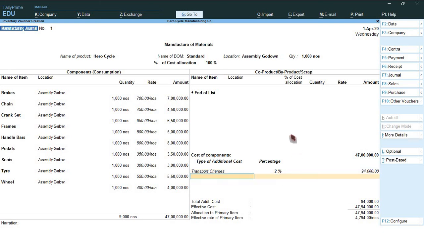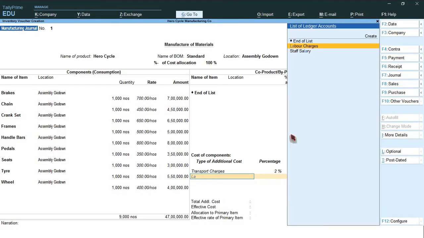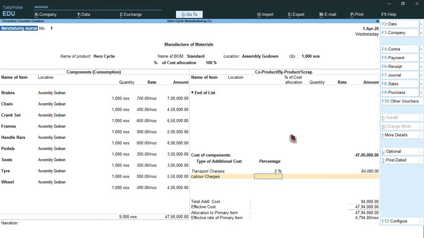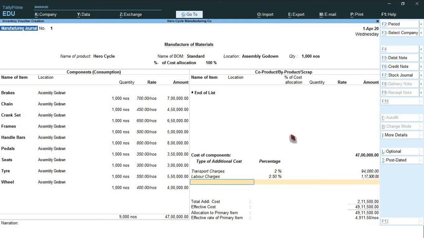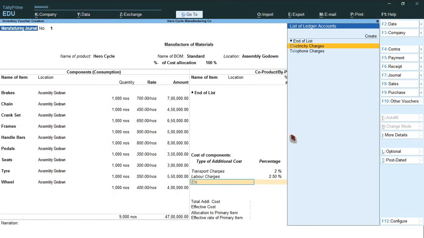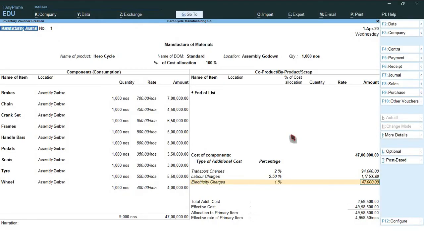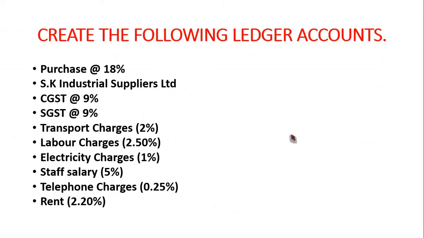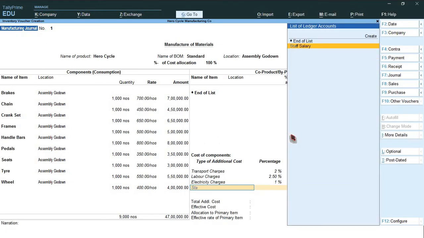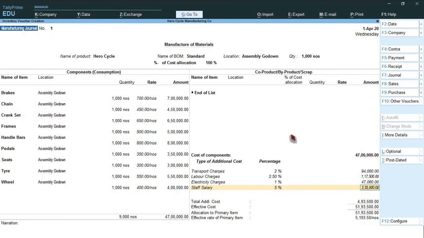percentage. Okay. So next one, labor charges 2.5%. Electricity charges 1%. Staff salary 5%.